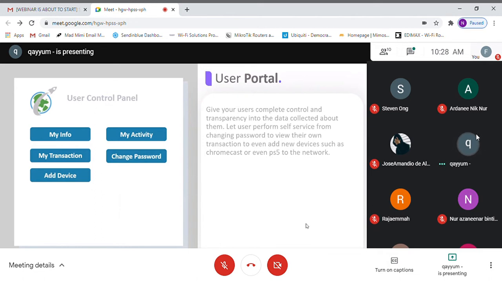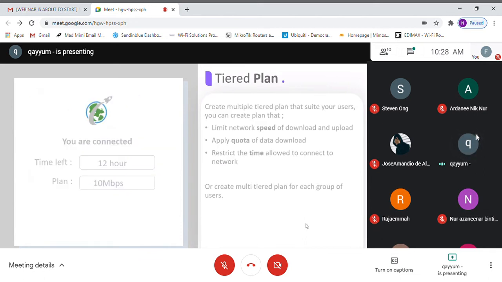So you can have that also in the user control panel. So they manage their own login, and then check their reporting. You can also have different plans, different profiles for the user. All right. So in Kiwire, you have